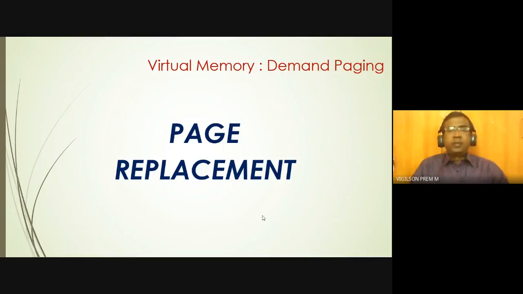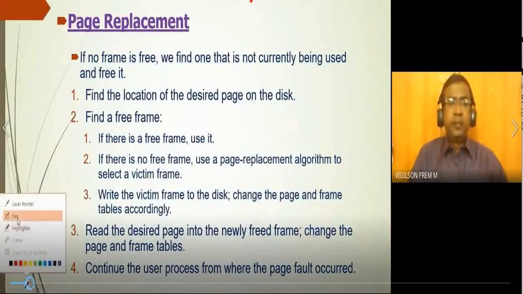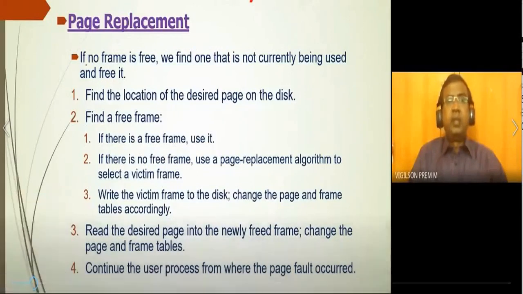Replacement means we are going to replace the existing page with some new page. So what is the situation and how does this page replacement work, we will discuss in detail. First, what is the need for replacing an existing page? Listen carefully. If there is no free frame in main memory, we find one that is not currently being used